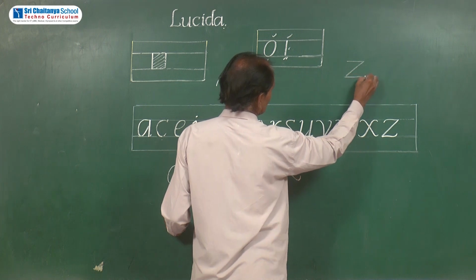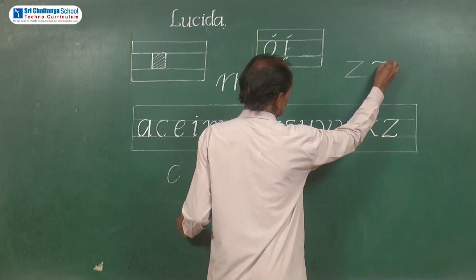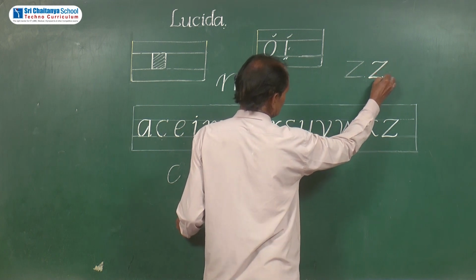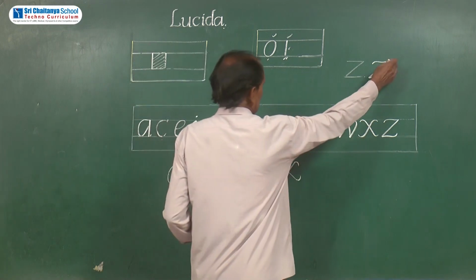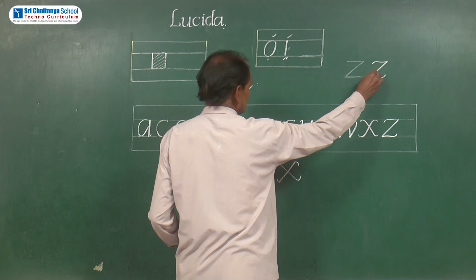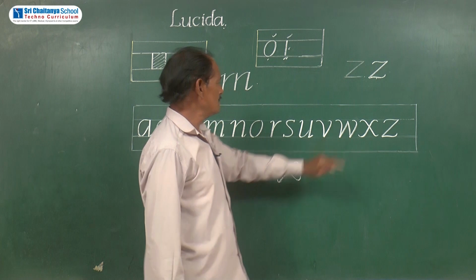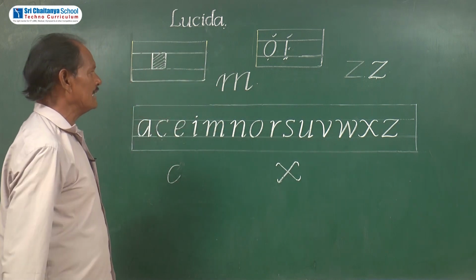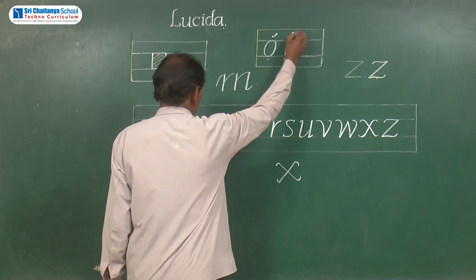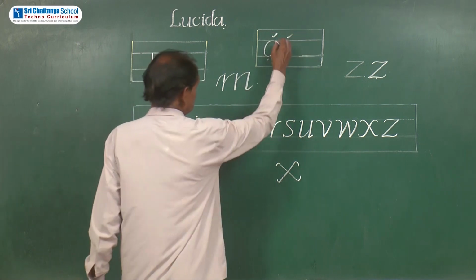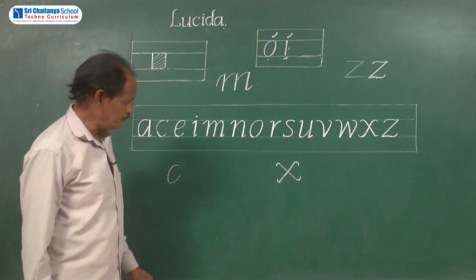3 lines we have to write like this, but while writing, a small wave should be written in these 2 lines. Just a curved line we have to write, and one cross line we have to write in the middle of these 2 strokes. So these are the middle zone letters written with the help of only these 2 strokes: one is the vowel shape, and the second one is the middle zone stroke.